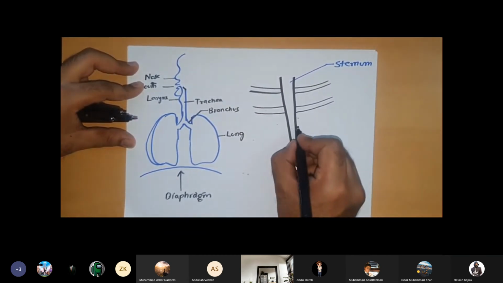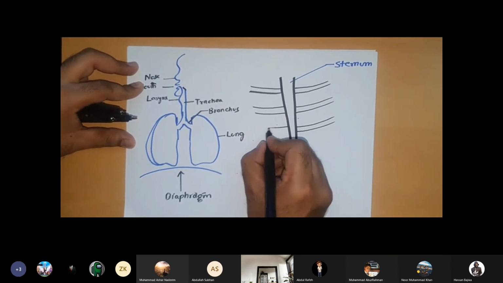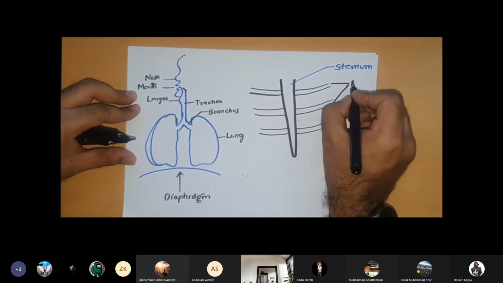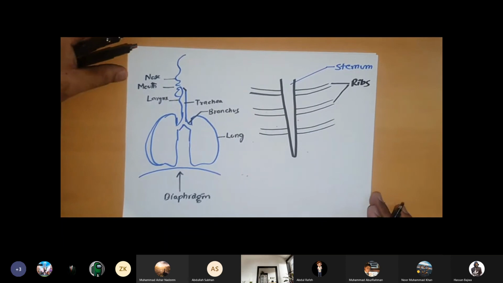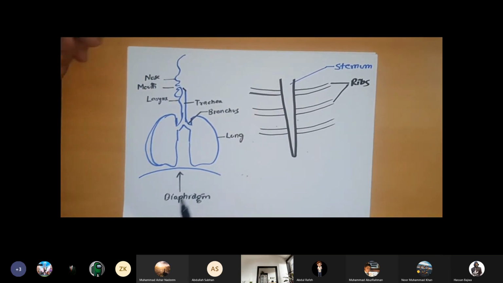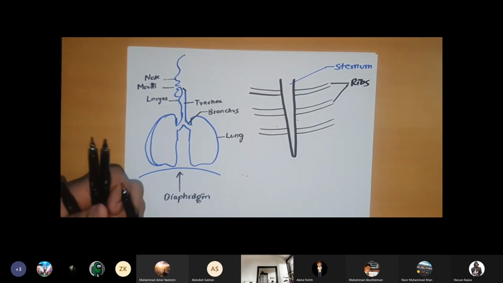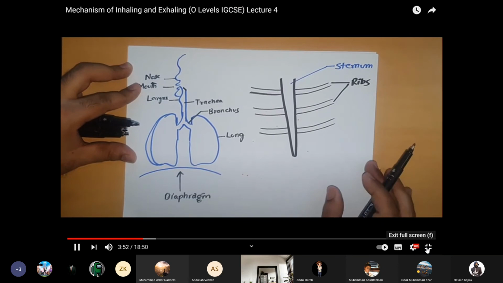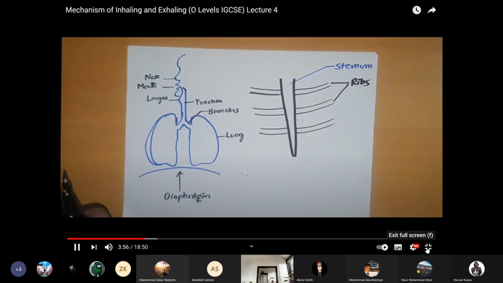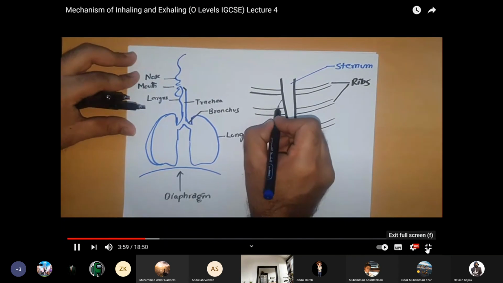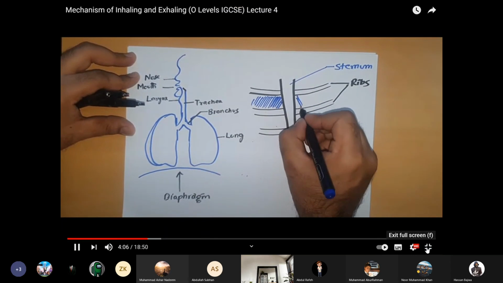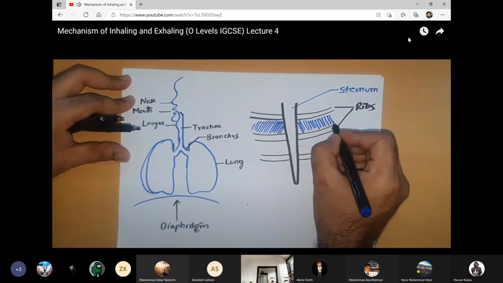We are not going into detail of the ribs in this topic. The more detail will come in A levels. Now, in between these ribs, there are muscles present, and these muscles are called intercostal muscles. Over here, there are two types of intercostal muscles. One type is called external intercostal muscles, and the other is called internal intercostal muscles. With the help of blue color, I'm going to show the internal intercostal muscles. They are present lower to the external intercostal muscles. So these blue lines are representing the